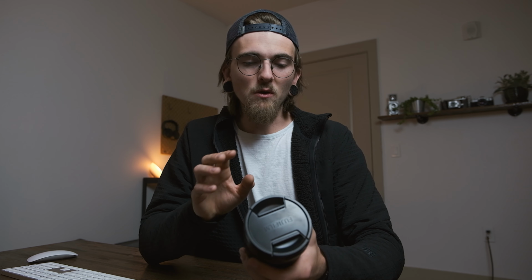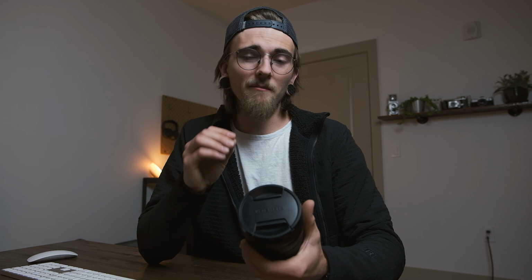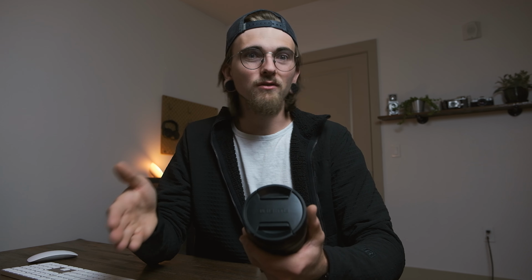There's very situational circumstances that I use this in. On my trip to Oregon recently, I think I used this once. Not because I don't love the lens, because I do love the lens, but everything that I was shooting primarily called for a mid-range zoom lens. So I used my 16 to 55 2.8 lens the most on that whole entire trip, including filming,